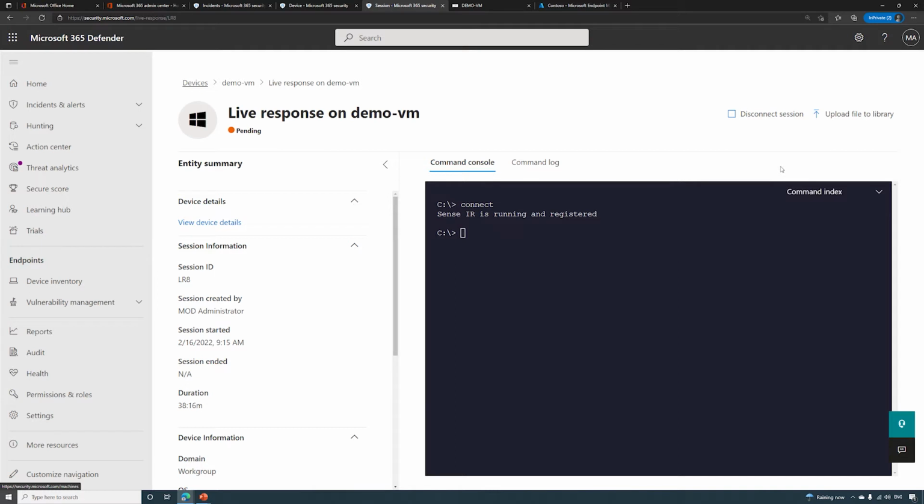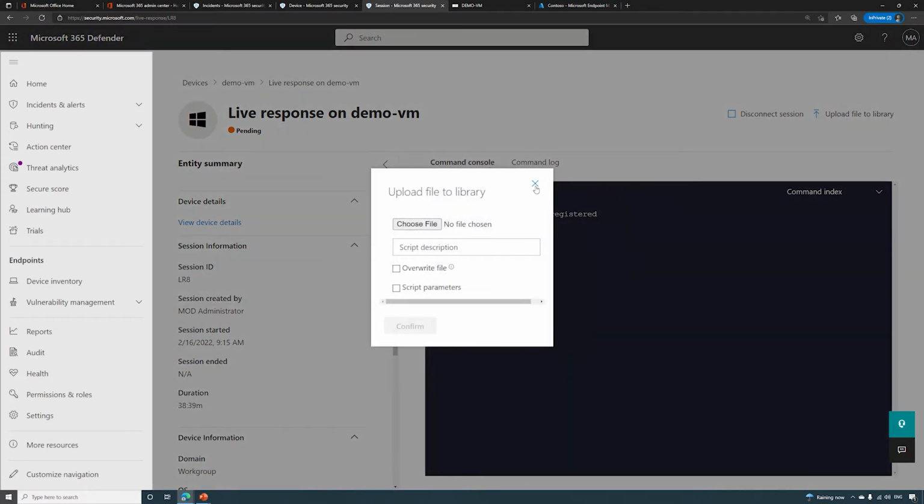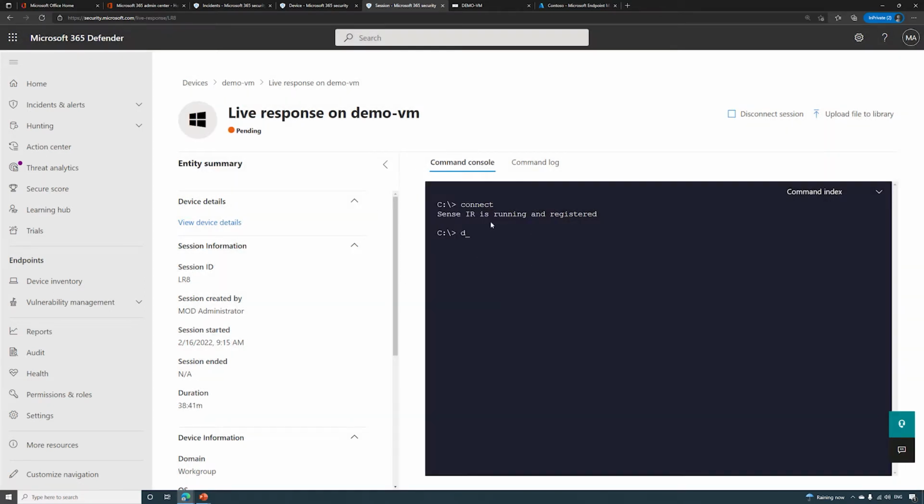because essentially what it allows you to do is open a command line interface to the machine, where you can run various commands to investigate certain elements on the device, where you can say run PowerShell scripts if you upload them to the library, and do a lot more general investigative work, but the ability to run PowerShell scripts is also extremely useful. So if we went here, we could upload to library and we could upload a PowerShell script. Now this is just loading for now, but